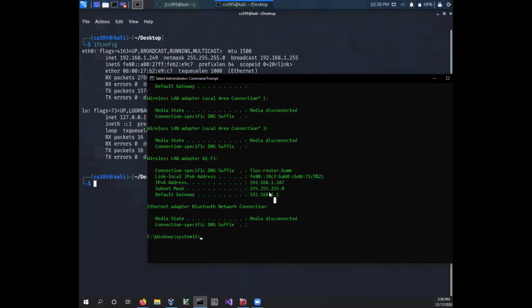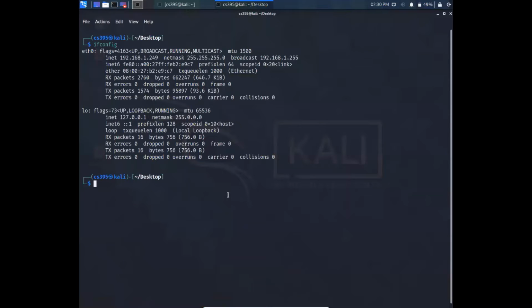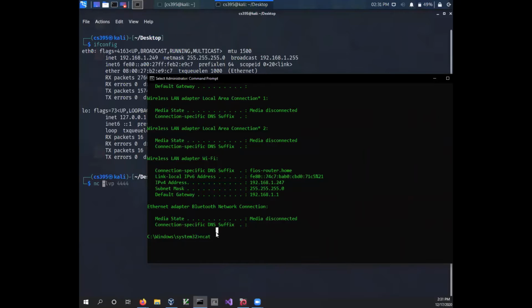So first thing we're going to do is we need to be running a server on the target, and we are going to be using the netcat command here. In Windows, we use the ncat command, but in Linux, we use nc. So just keep that in mind. Both of these programs are different. What we're going to be doing is we're going to be using ncat -lvp